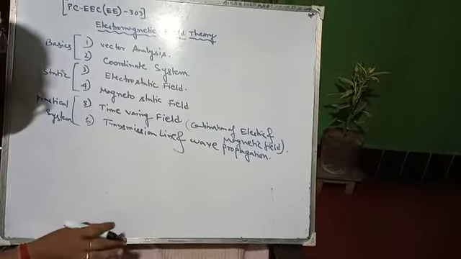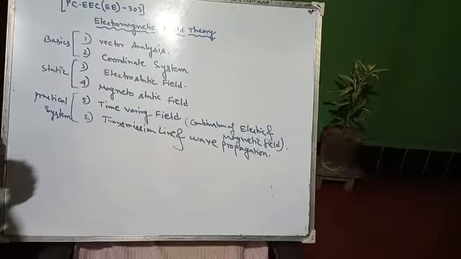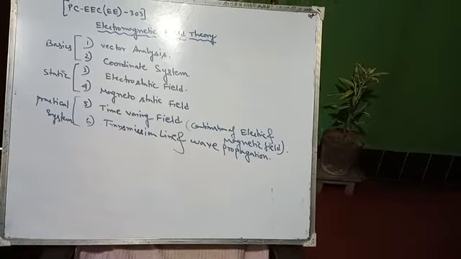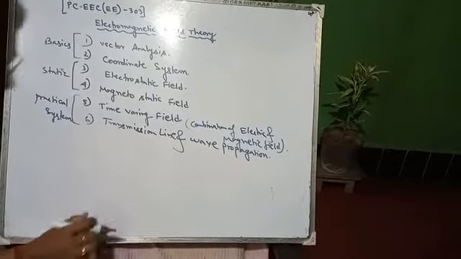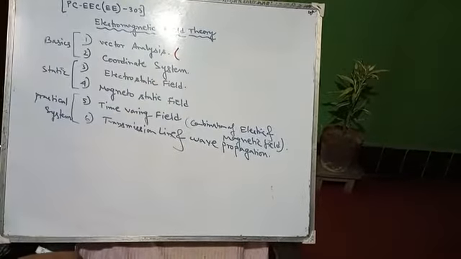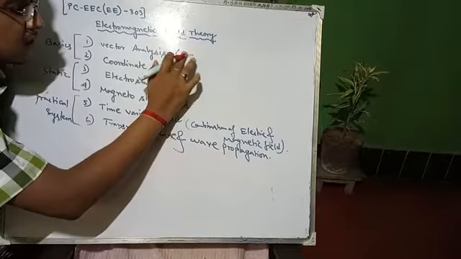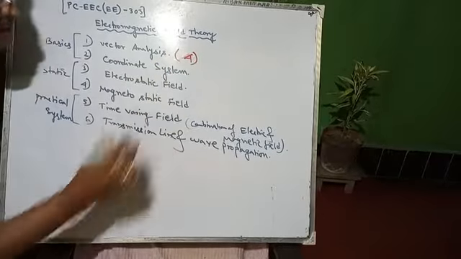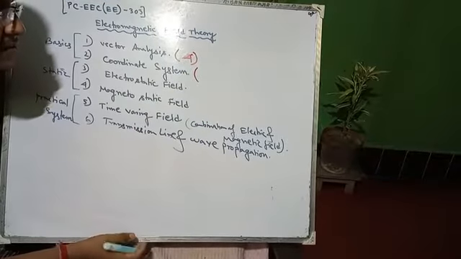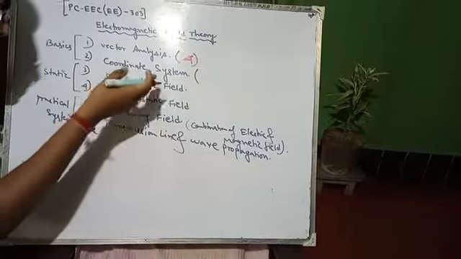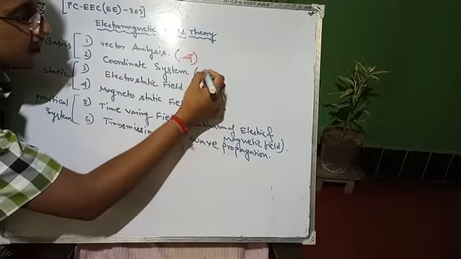So first today, very first day, I am giving you a lesson plan. Lesson plan means how to complete and what is the time requirement for each of the sections. So vector analysis is very much easy. I think it requires 4 classes. Okay, within 4 classes we can complete the vector analysis. And the coordinate system, it is a little bit tough compared to vector, but it can be understood very well. So coordinate system requires 6 classes.